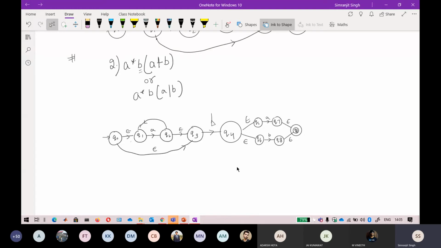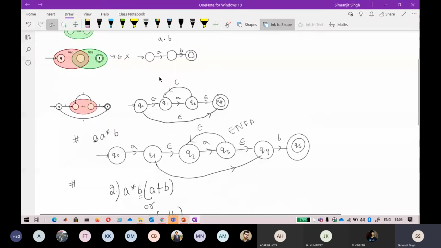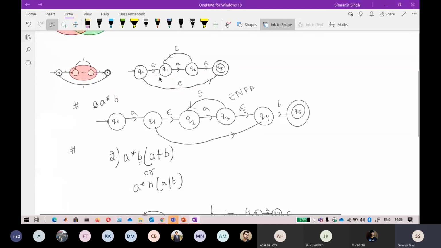Okay, I think you get the point. So A star is possible here, and A plus B is written like this. I have done nothing, I just copied and pasted the expressions that are already defined here. A little bit of a complex method will look like this.